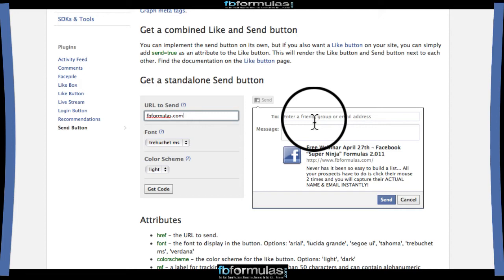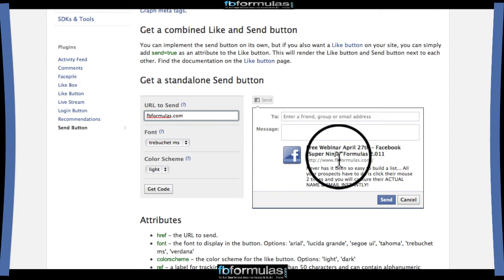But one of the major things that I'm taking away from this is the group, okay? As you know, in my Facebook training, I've already showed you how to connect your RSS feed to your Facebook profile, to your Facebook fan page, and to Twitter and LinkedIn, of course. Well, now I find it really, really key that with the send button, you can send this post to a Facebook group.